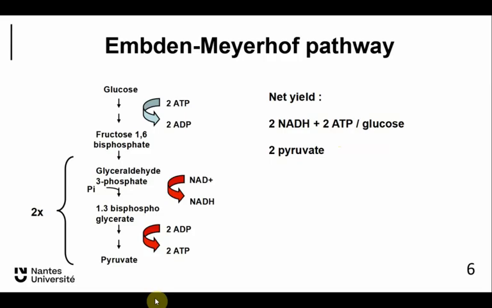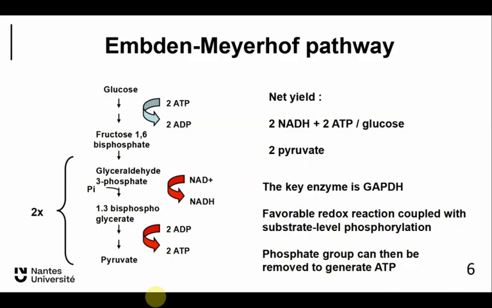Now, one of the things that is important, and in biochemistry they'll beat it into your brains without mercy and without any kind of compassion. And what they're going to tell you is that this is called substrate level phosphorylation. Well, that's the technical term for what is happening here, because you get this substrate which is phosphorylated. Now, the enzyme that does this is glyceraldehyde phosphate dehydrogenase, and it's incredibly important because this is where you get